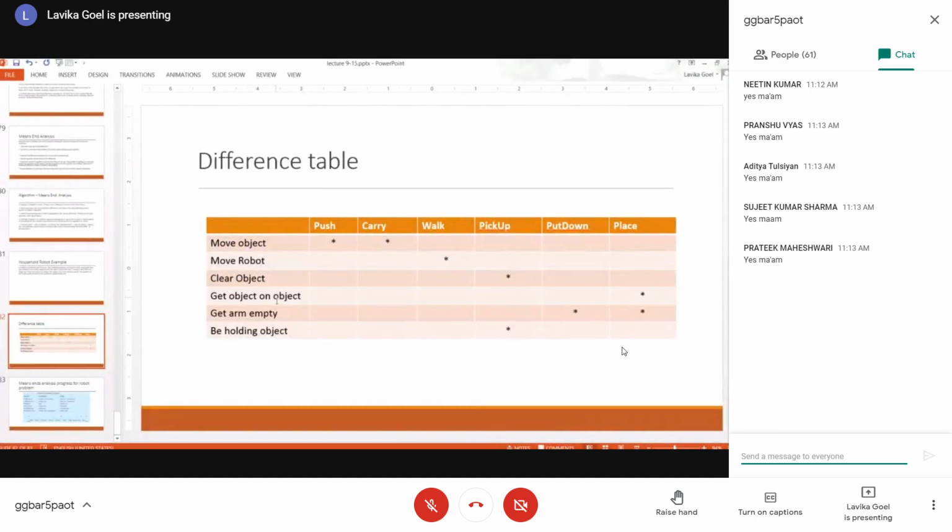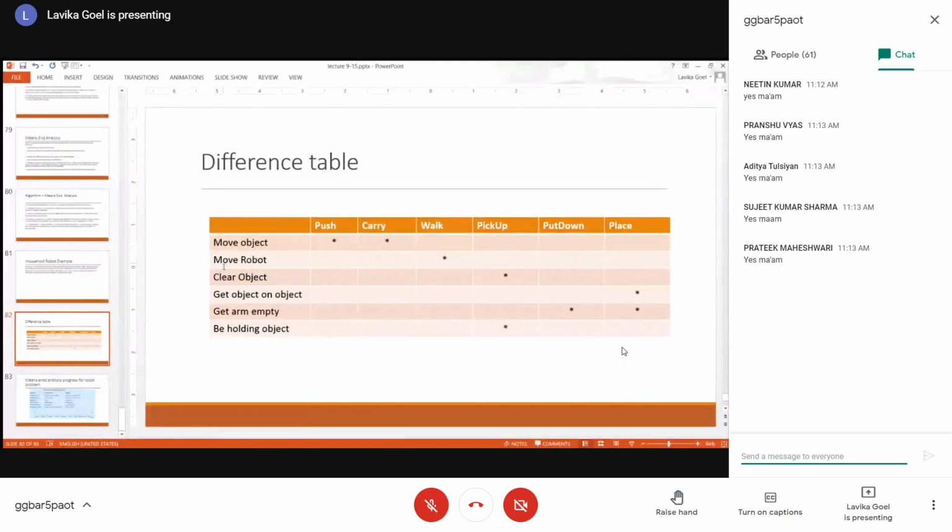So basically, this table which you are seeing, students, is called a difference table. Difference table means that all the subtasks which I am telling, these are nothing but what we generally call differences. This is a terminology that we use in means-ends analysis, that whatever subtasks you are trying to execute, those subtasks we call differences.